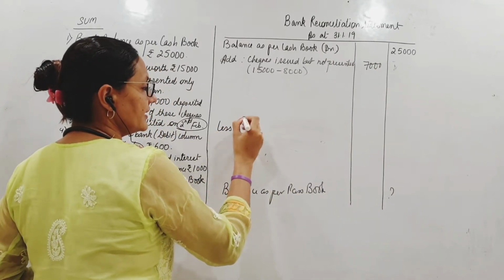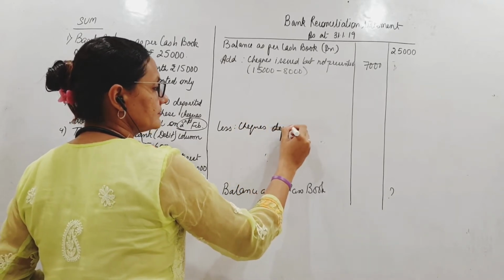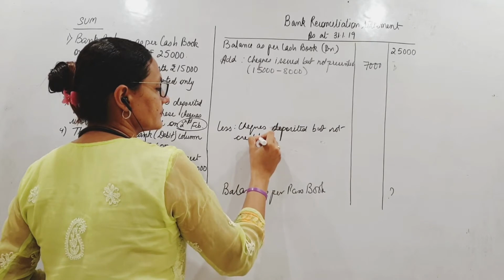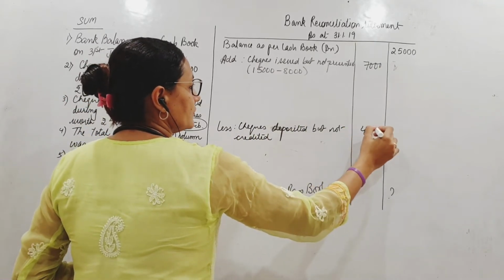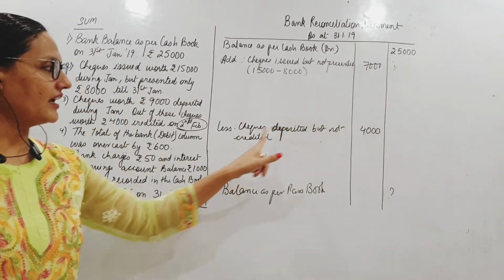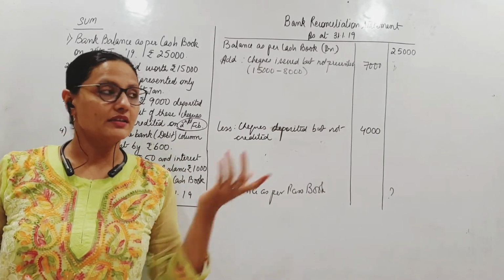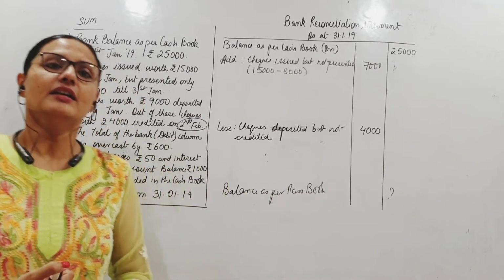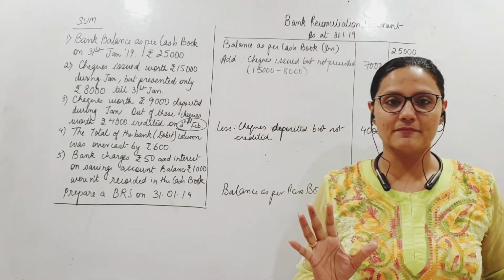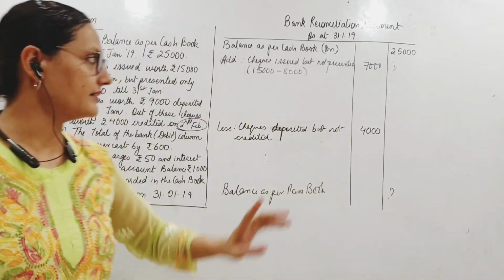Therefore, to arrive at this, I do less checks deposited but not credited, 4,000. Here I found out the difference. Here I had just put the same amount. This is one place where children get jumbled up. क्यों? कब difference निकालना और कब वो amount ही लिख देना है straight. You just have to focus what is the amount causing difference, children. Okay? And that amount causing difference will be checks issued not presented.